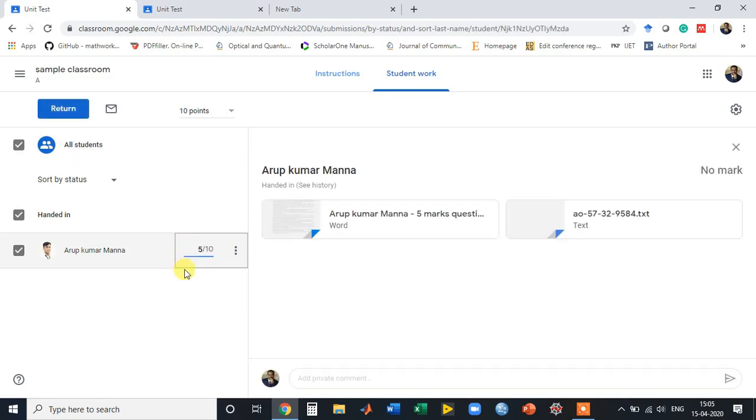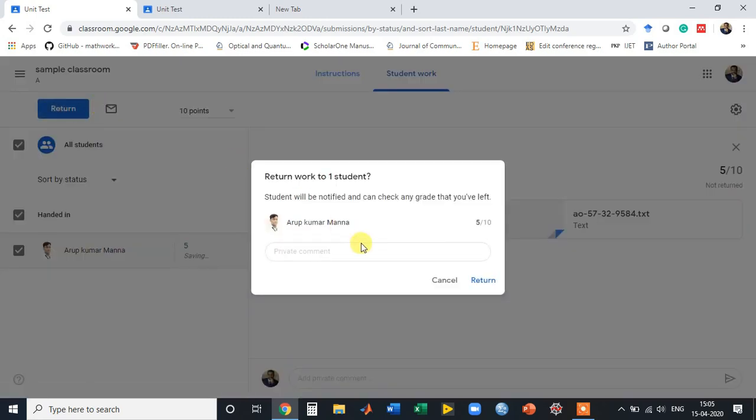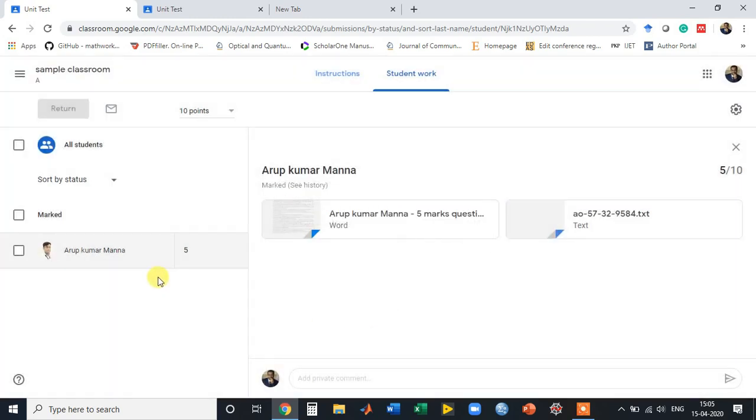I want to give 5. So 5 marks has been allotted to the student, and I can then send return, so the student will know that he has got 5 marks. If I don't want to send marks, I can simply mark it and not return it to the student. You can send it at a later point of time.